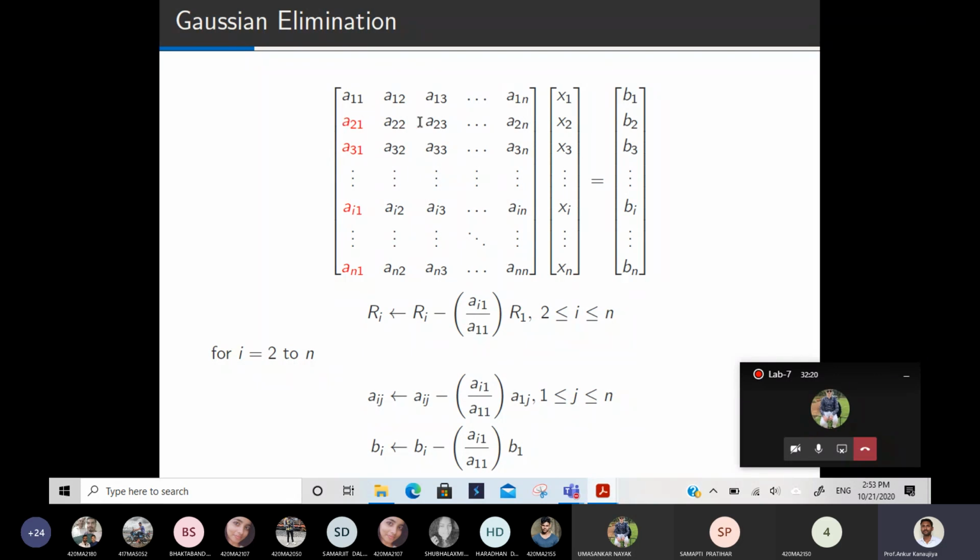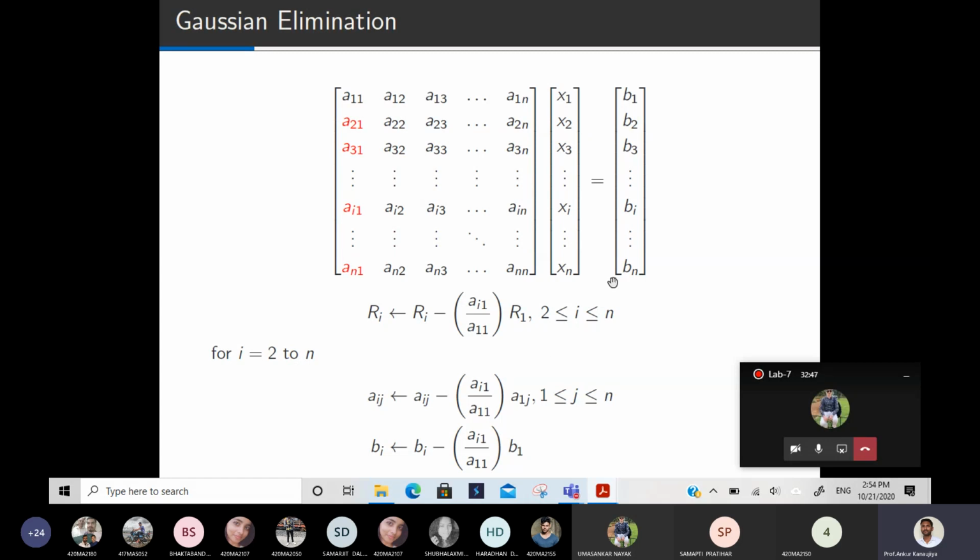That means from the second row onward, all entries will change in each column. So j represents the column index, i represents the row index. So rows 2 to n will change, and j from 1 to n will change. That's why i is from 2 to n and j from 1 to n. This is the change: this factor will multiply and will get the change.